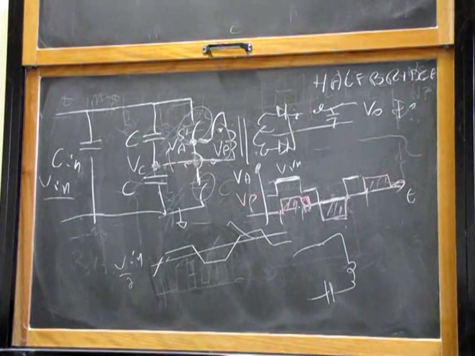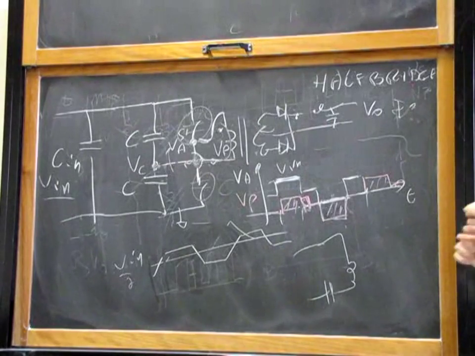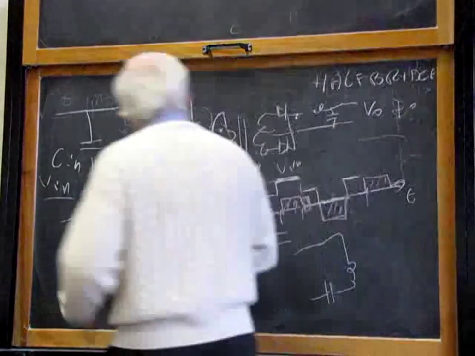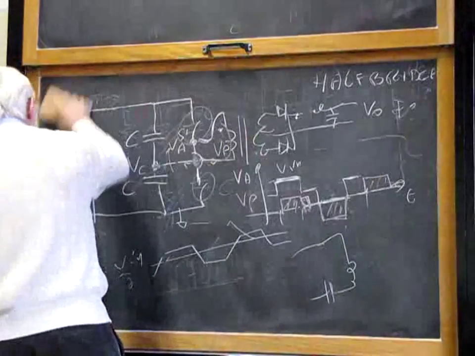Actually, there is a way to use current mode. There is something that I never use. It's slightly complicated. You have to add an auxiliary winding over here and